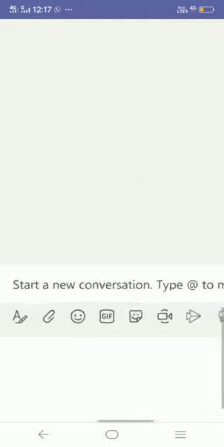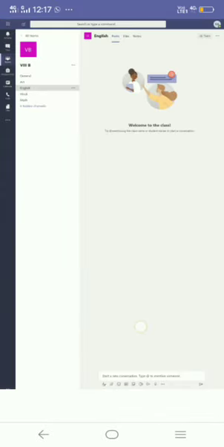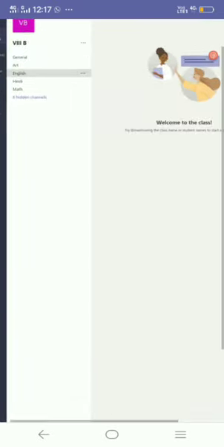At the student end, when the student is online and has opened the 8th B team, the student will see your Meet Now button appear right opposite the English channel, so students will know that the English class is going on right now.